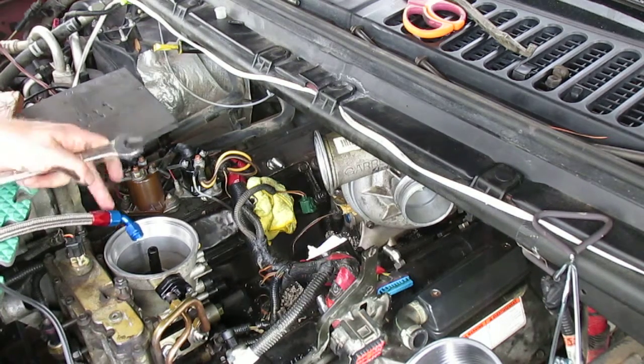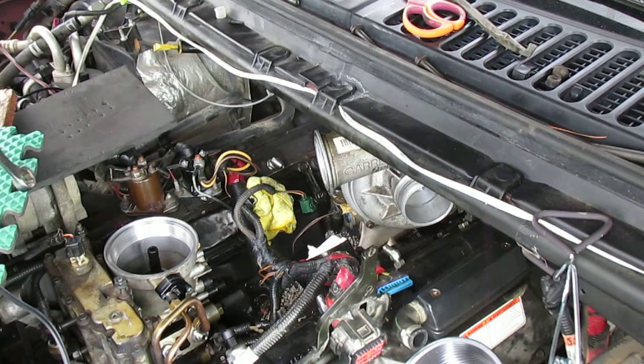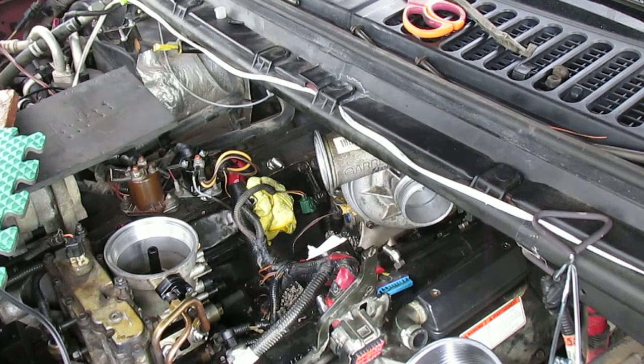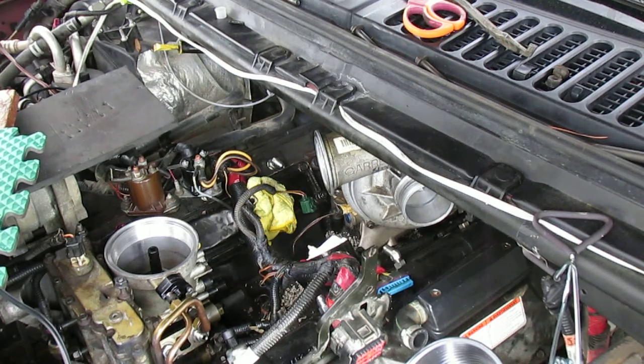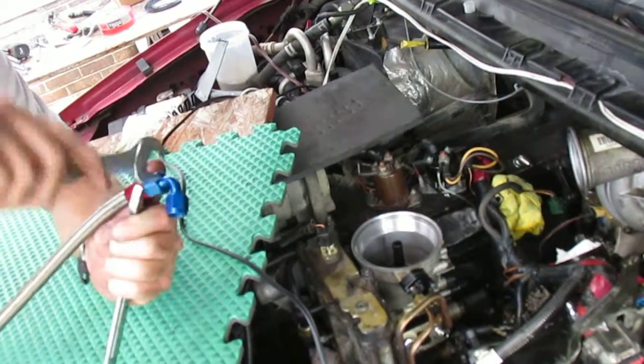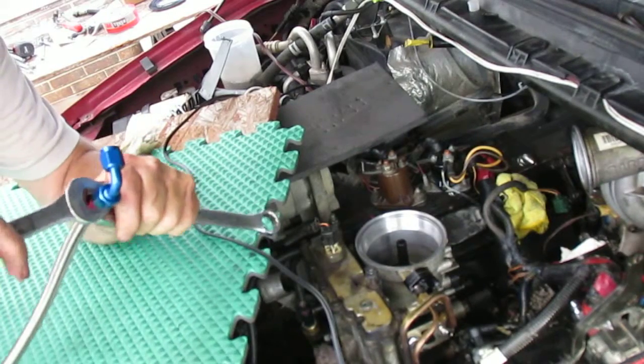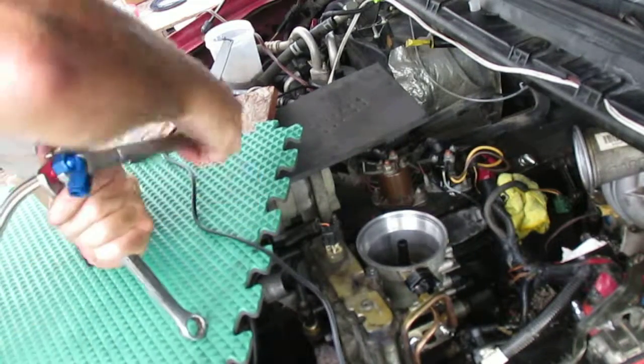Tell you what, it's a real pain in the butt working in these trucks. It's not all that dang easy. So you take your truck to a mechanic, he charges you extra for labor, and now you know why, because these things are a bear to work in. I'm actually over here working on this part again. I really don't want to be unscrewing this thing, but